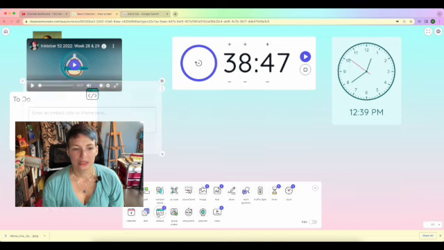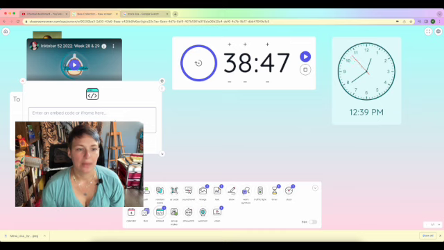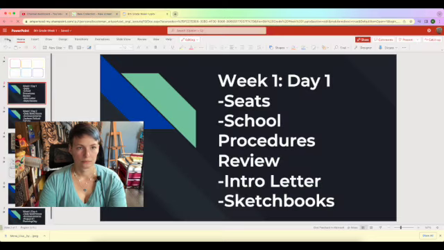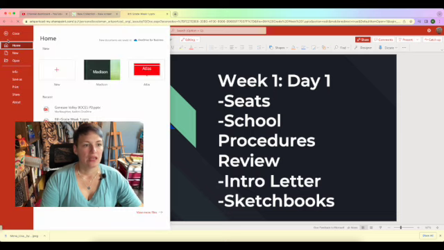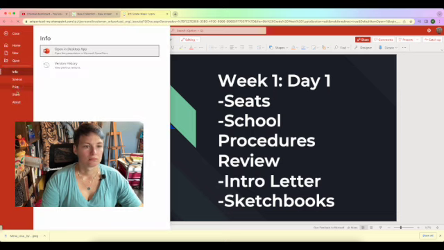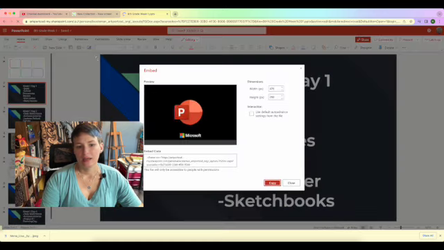Another one that I use a little bit is this Embed. So you can open up a PowerPoint as an embed code and place it here. I'll show you what that looks like real quick. So here I've opened up one of my PowerPoints, and the way that I would share it into my classroom screen if I wanted to use it that way is I would share, embed, and then it will give me this code to copy,